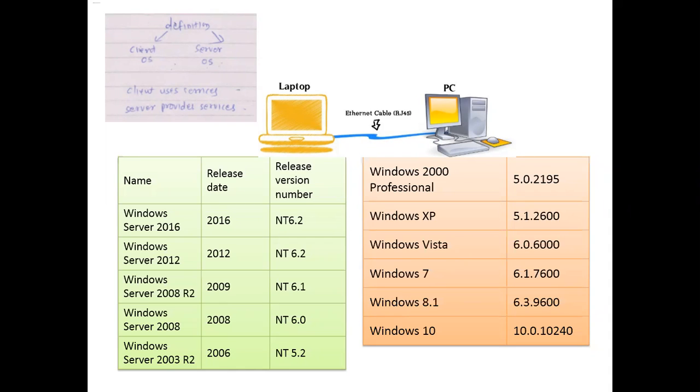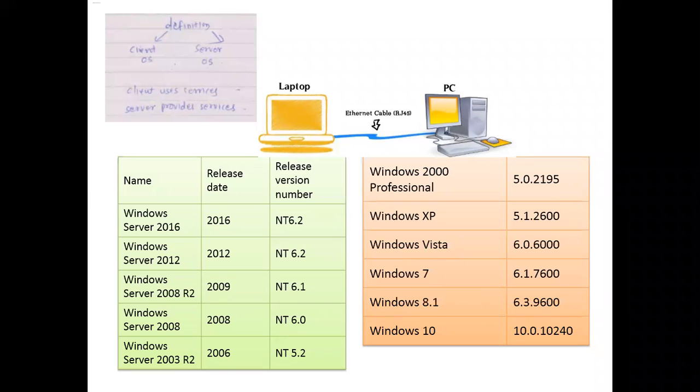As I told you in my very first lecture, which I conducted in your classroom related to Unit 4 and Unit 5, in our actual classroom at PICT college, a server and client are connected on a network. The machine that provides services is known as the server and the machine that uses the service is known as the client. What type of service is provided by the server? A server provides two types of services: hardware resource sharing and software resource sharing.